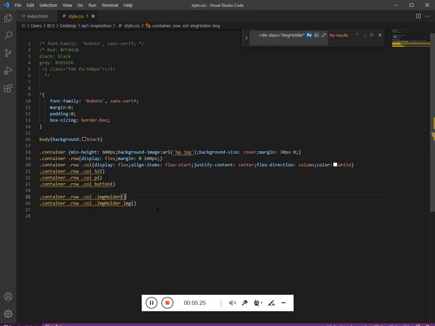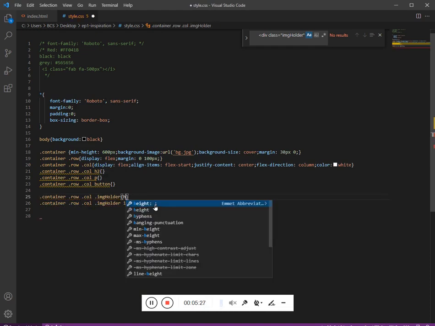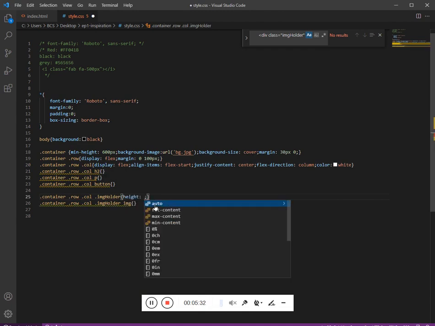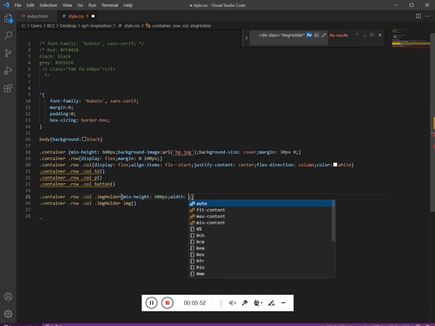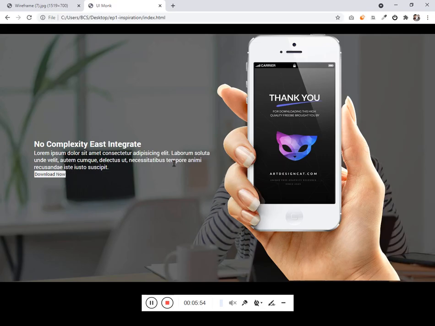So let's give the image holder a height. I have given the container a height, let's give the same to the image holder. And then let's give the width auto, refresh it.